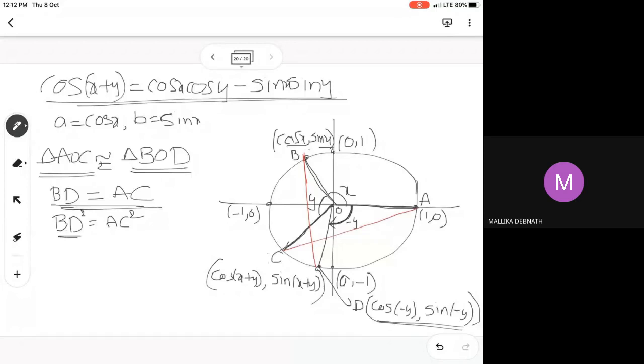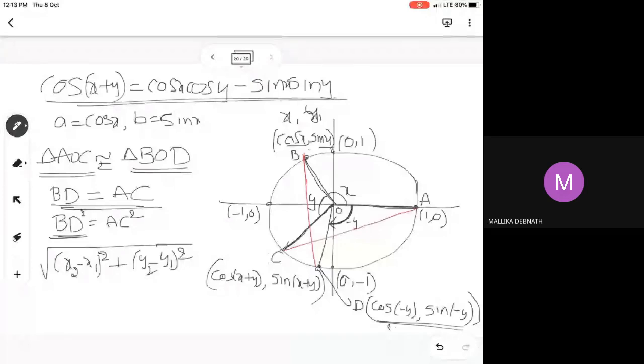So here you can consider the points, whatever the points you are taking. One point you consider as x1 y1, and the other consider as x2 y2, whatever it may be. You can consider any point as x1 y1, x2 y2. Then the distance between the 2 points formula is x2 minus x1 whole square plus y2 minus y1 whole square. Okay, this is the distance between the 2 points formula.